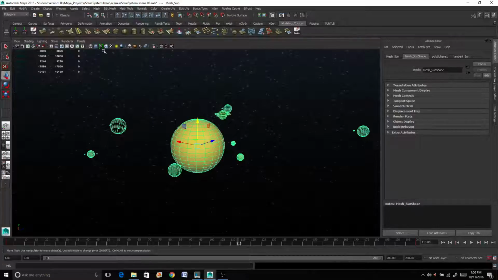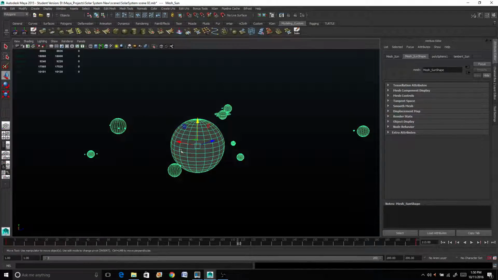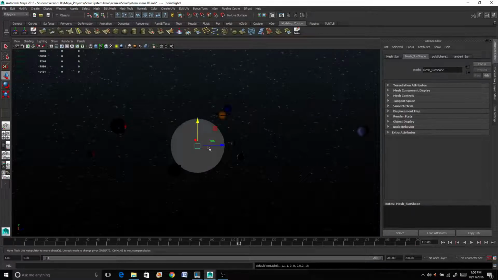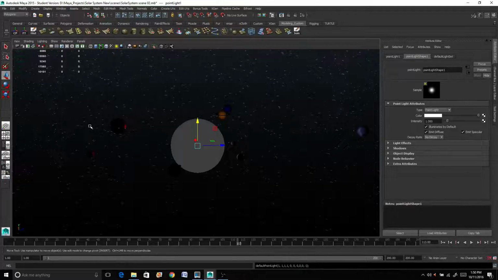Let's see here. I want to make sure that the lights are on so I can see what I'm looking at with lights. If I turn the lights on, everything kind of turns dark because there are no lights in the scene yet. So I need to actually create myself a virtual light. To do that, I'm going to go to Create, Lights, Point Light. And this point light dropped right in the middle of the scene, and it lights up everything else, but